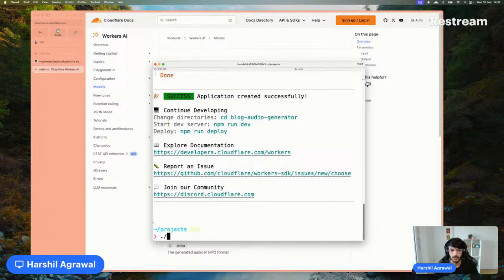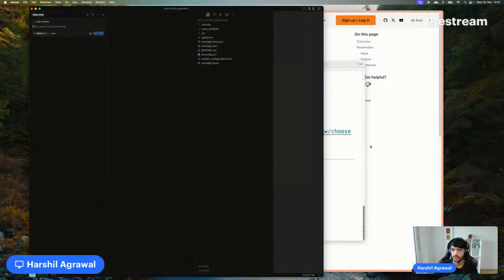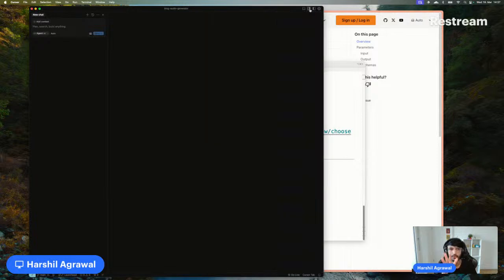So let's go to our blog audio generator, and I want to try out Cursor because I usually use VS Code, but I started using Cursor I think yesterday, for a side project. Found it helpful, but not something I would use to generate my code from scratch or let it build the whole application, because I found that oftentimes I had to